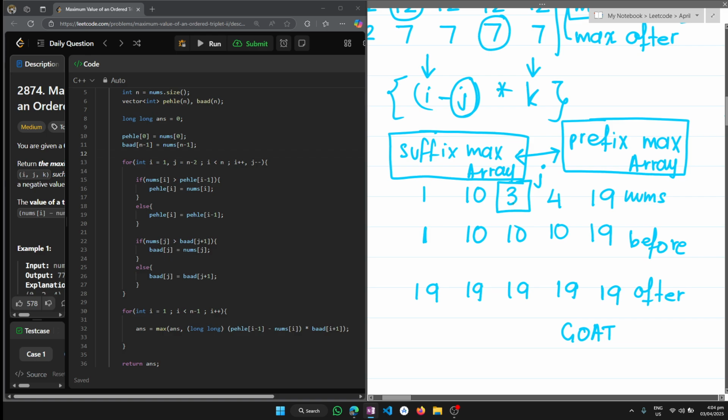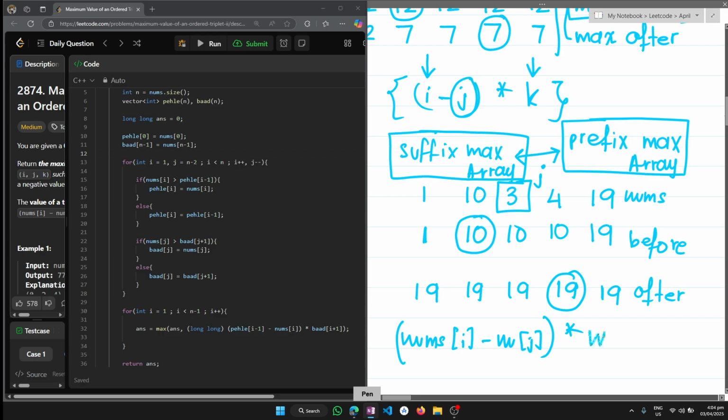Why? Because the greatest number before 3 is 10, and the greatest number after 3 is 19. You see? So you take 3, you take the greatest number before it, you take the greatest number after it, and you calculate what? You calculate nums of i minus nums of j, and this whole expression multiplied by nums of k, right? So yeah,